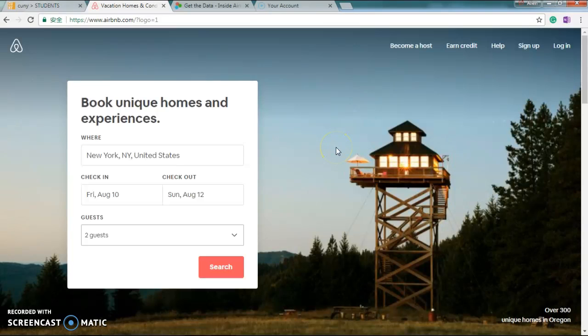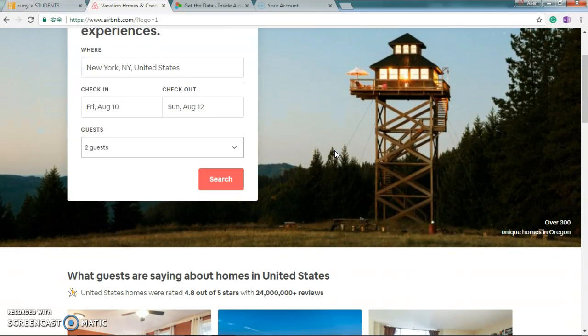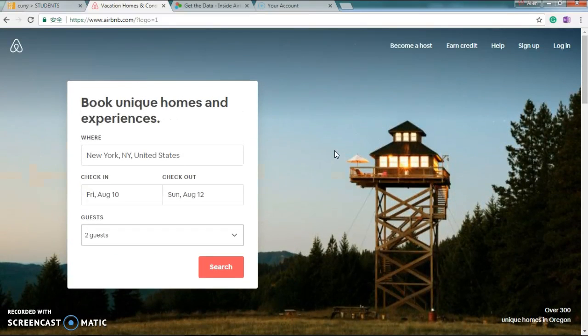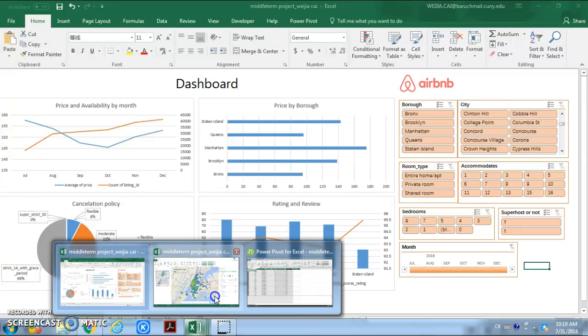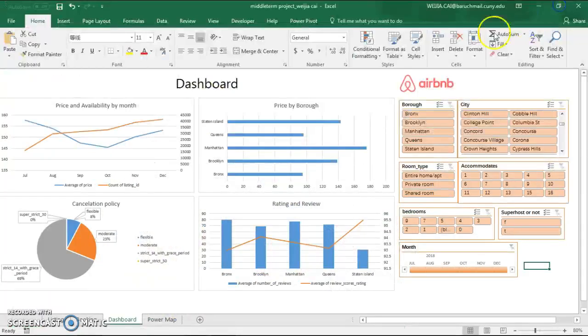As we know, Airbnb is an online marketplace for people to lease or rent short-term lodging, including houses, apartments, and hotel rooms. It has over 5 million lodging listings in 81,000 cities and 191 countries. In my project, I'm going to use Power Pivot and Power Map to explore the Airbnb booking data of New York City. My data has come from inside